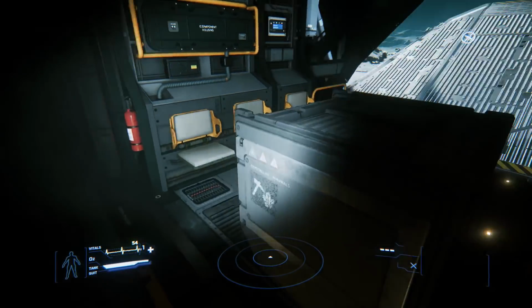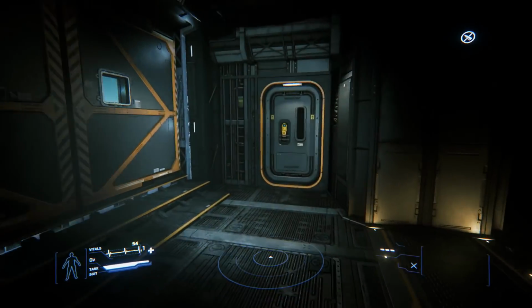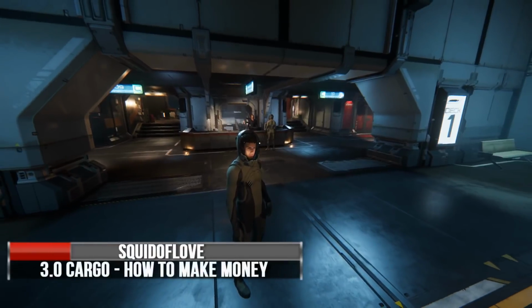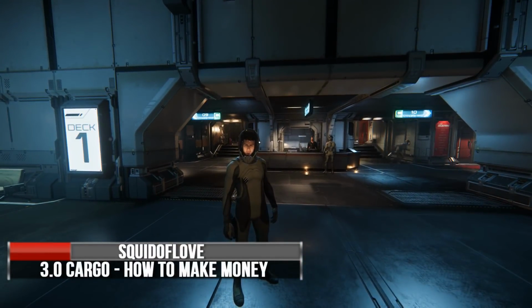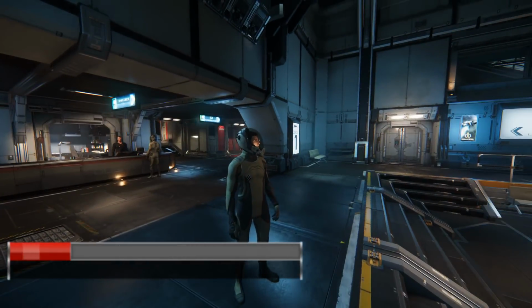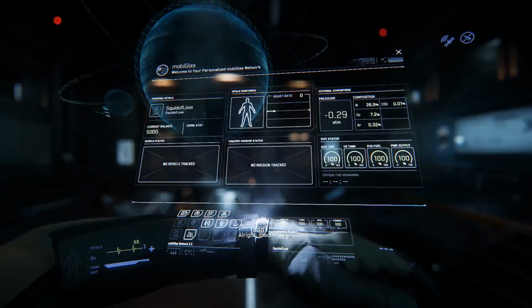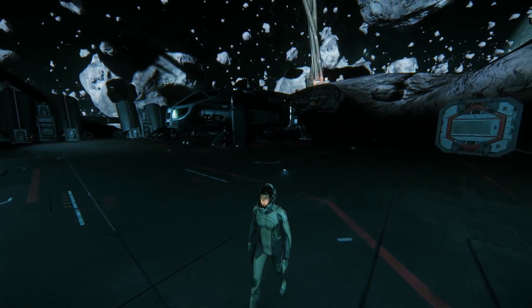So today I wanted to talk about trading, I wanted to talk about cargo activities in the persistent universe right now and show you how you can start making money, how you can start making Alpha UEC, the in-game currency we have right now, enough money to buy everything and anything you will need in order to have fun in Star Citizen 3.0. There are a couple of things that you need to remember in order to become a successful